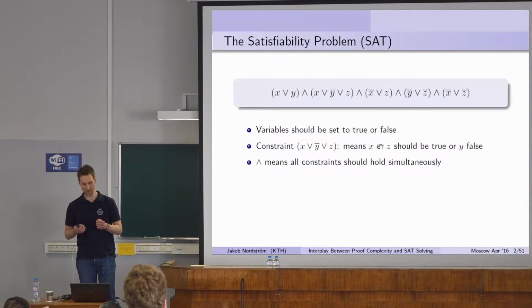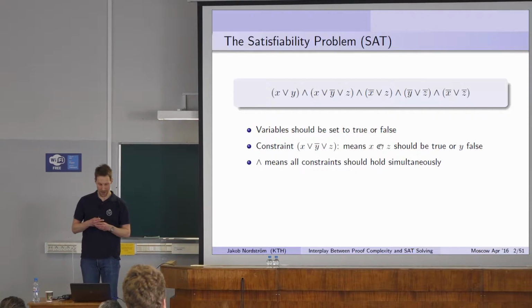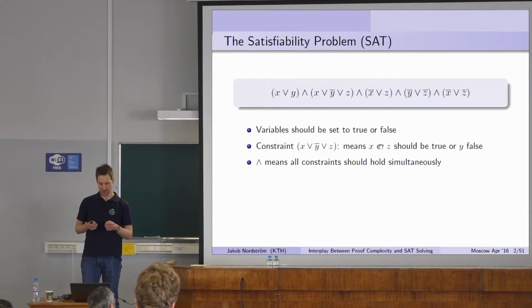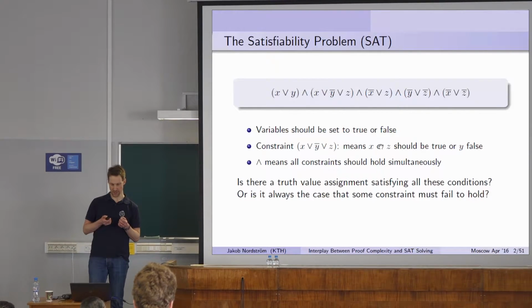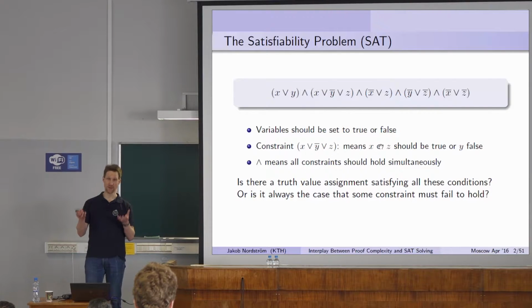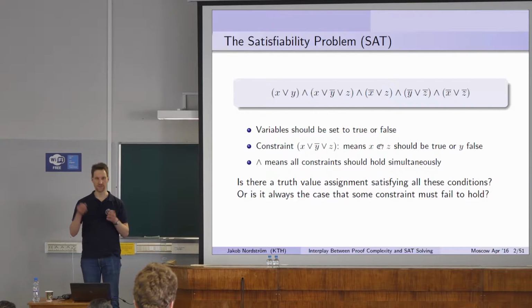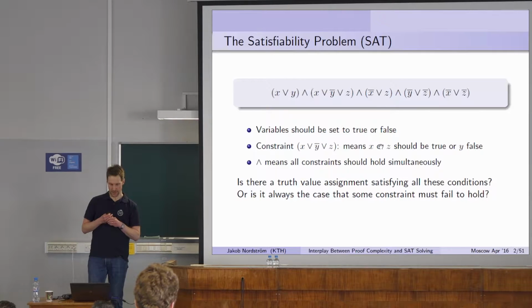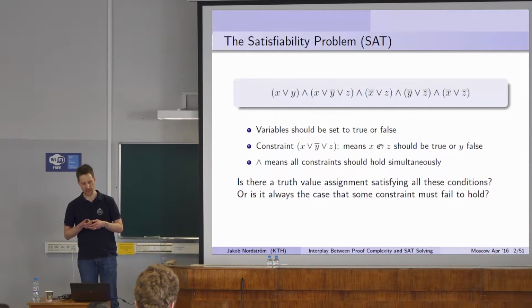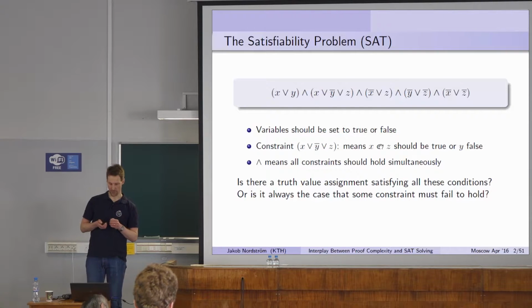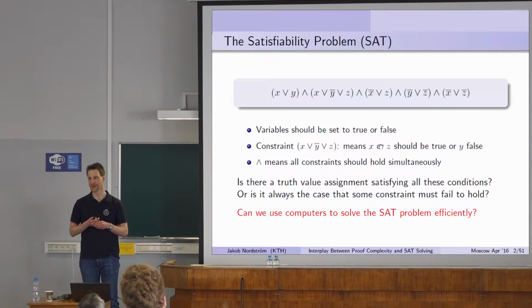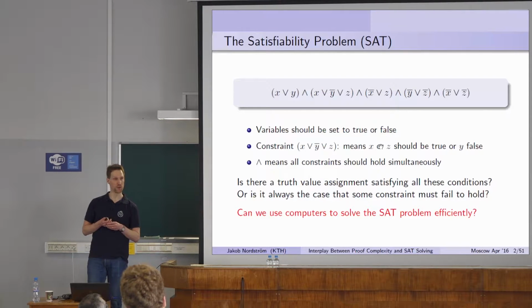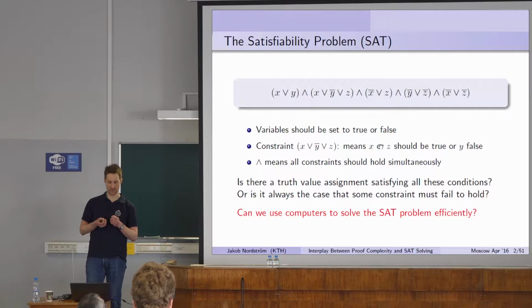Okay, and now, of course, we have these constraints, anding them all together. So we want an assignment true or false to the variables so that all constraints hold simultaneously. And the question is, given a formula of this kind, a formula in conjunctive normal form, is there a satisfying truth value assignment? Or is it always the case that however you set the variables, some constraint must fail to hold? And since we're computer scientists, we want to know whether there's an efficient way to solve this problem